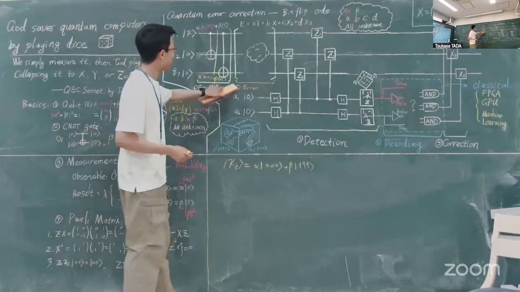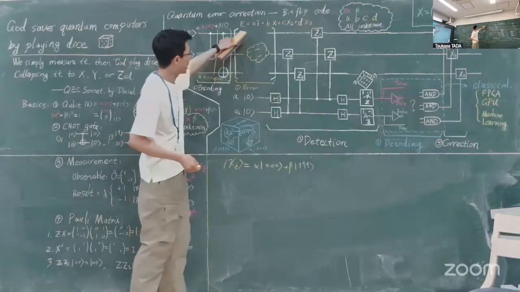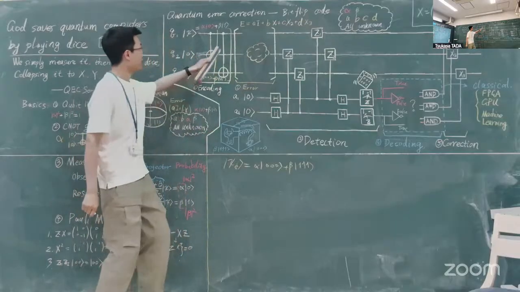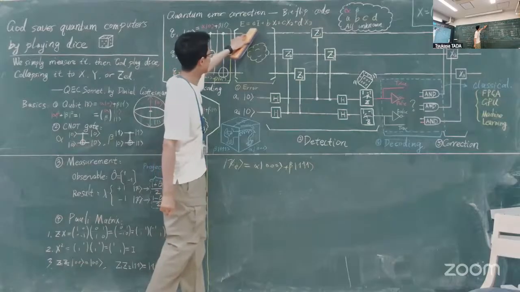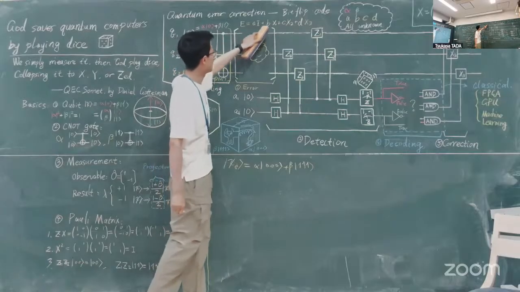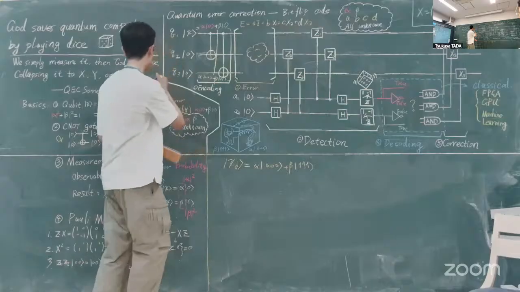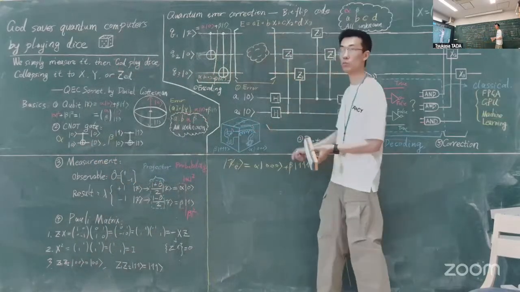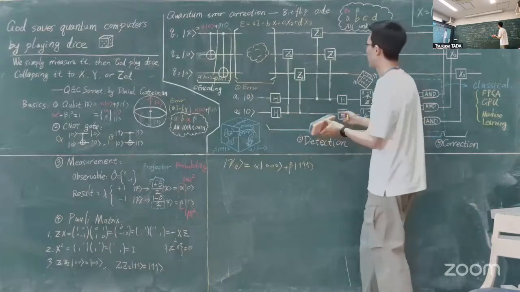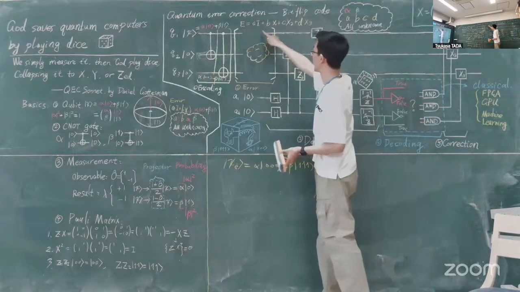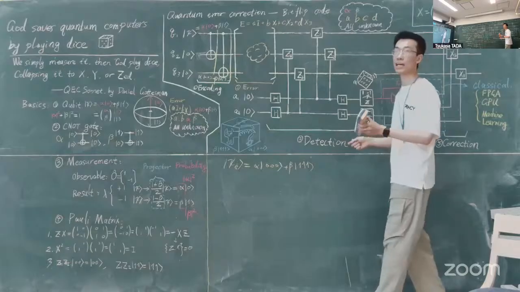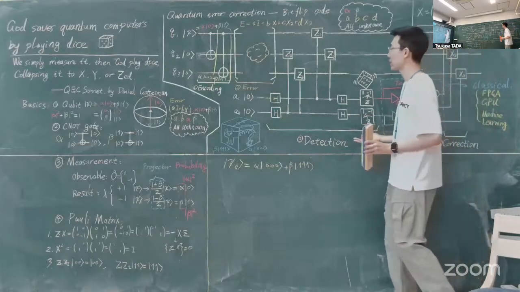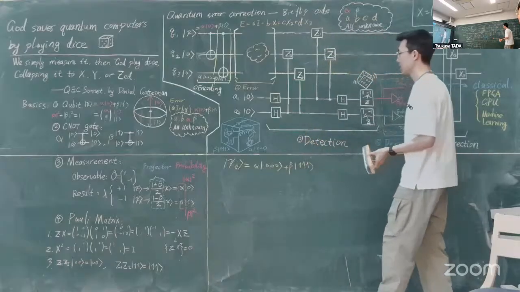So now the error happens across all the 3 qubits, and this is denoted by some coefficients A, B, C, D. It is more complicated than the single qubit noise because we introduced 3 qubits now. And all of this alpha, beta, A, B, C, D are unknown. And we have to correct this error without knowing how large these coefficients are.